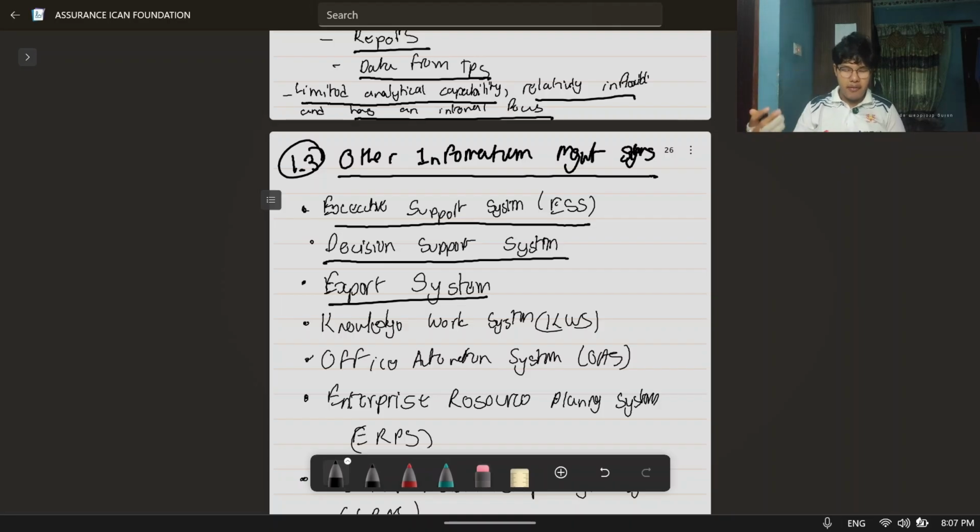It can produce त्यस्तो advice हरू. And then we have got knowledge work system, KWS. Knowledge work system is a system that helps in the creation through research and integration, मतलब अब creation of new knowledge and integration of that knowledge in the work. अब नयाँ research हरू create गर्न नि help गर्यो अनि ती research हरूलाई अब daily operations मा use गर्न नि help गर्ने.